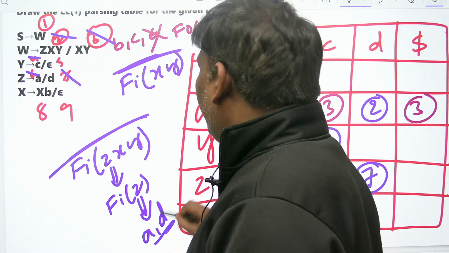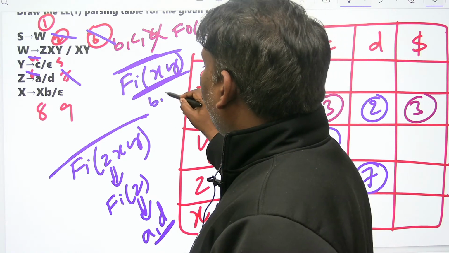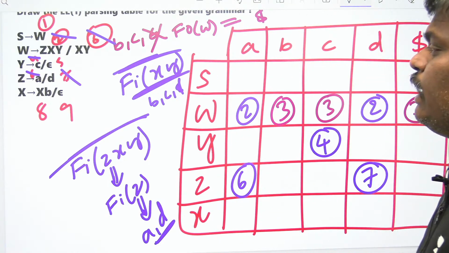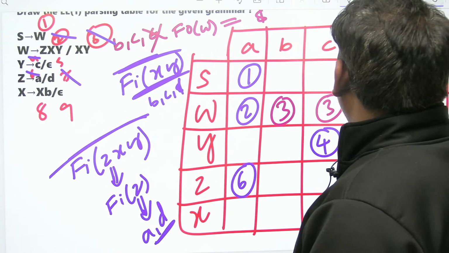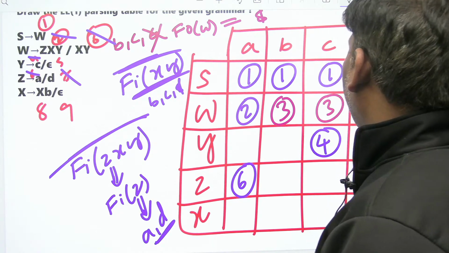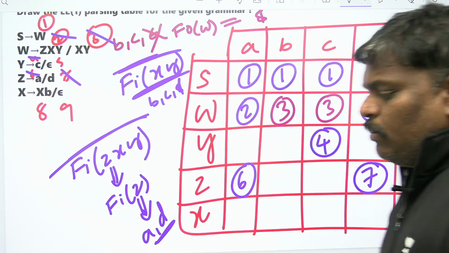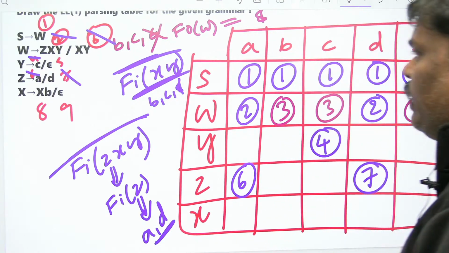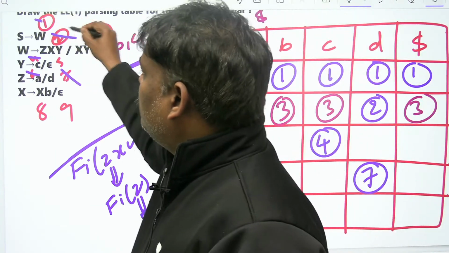So this is given AD, this is given first of XY we are already done, BC dollar. So finally the first production will go to AD BC dollar. See, almost everywhere it came. You may do a small mistake, please rectify. That is right. So which production is it? First production.